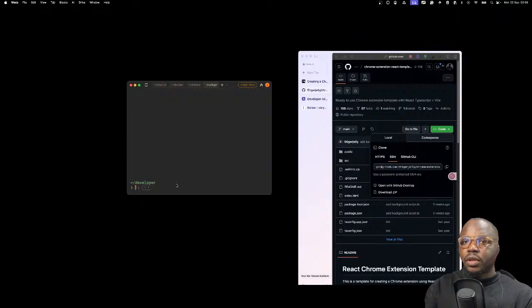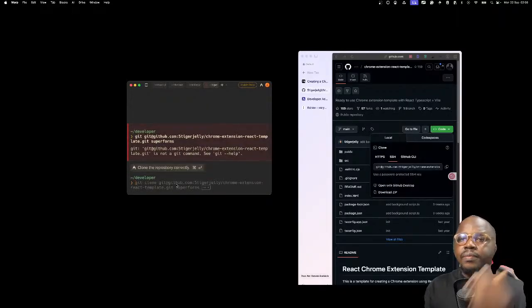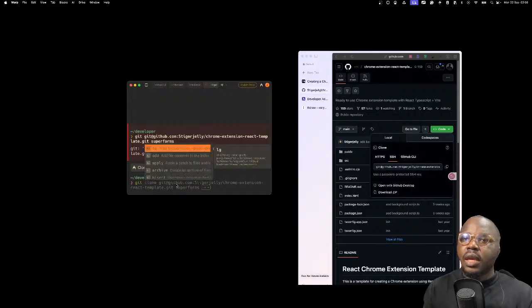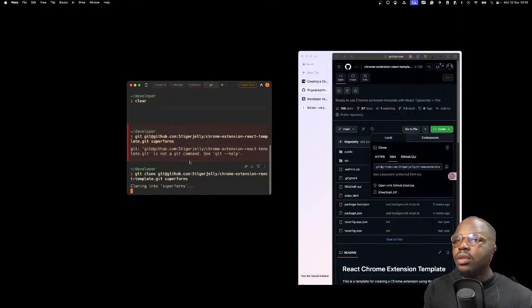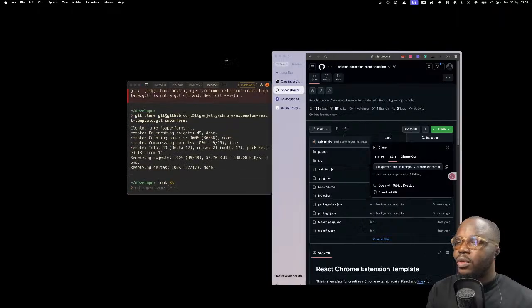I'm going to git clone. What do I call it? Superforms. Superforms is probably not a great name, but let's leave it as it is. I'm going to clone that to superforms, and while that is doing in the background, I'm going to continue.